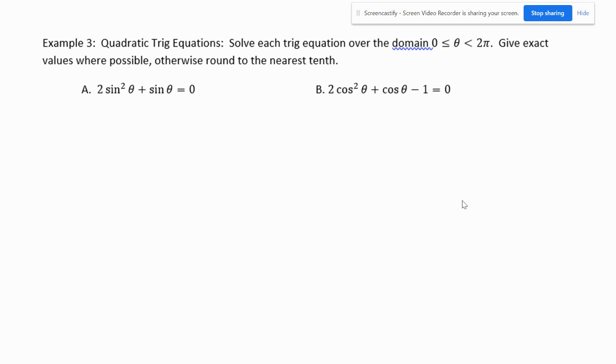We can't just add and then square root both sides. It's not going to work because we have one term that's squared and one term that's not squared. This term is degree 2, but this term is degree 1, so it's not going to work the same way we did the last one. The way we have to do this one is